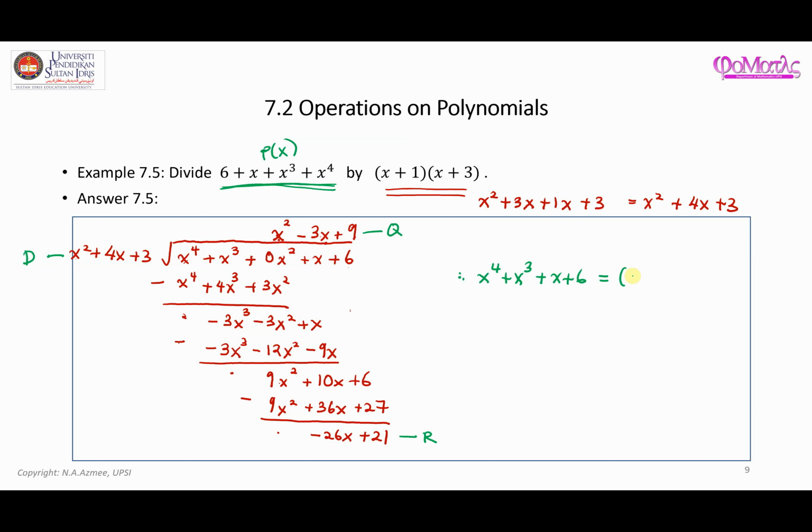So I'm going to write down x squared minus 3x plus 9 times this guy, so x squared plus 4x plus 3 and plus the remainder. So the remainder is negative 26x plus 21. So negative 26x plus 21. Okay, right, so that's the answer to example